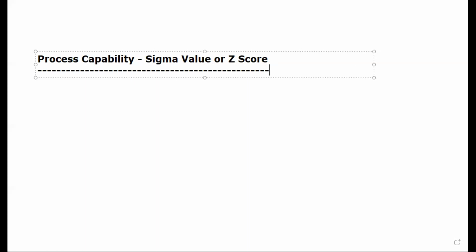Which I told you is a globally accepted statistical table, where from the bottom there were sigma values: 1 sigma, 2 sigma, 3 sigma, 4 sigma, 5 sigma, 6 sigma, where 6 sigma is ideally proclaimed as the highest level of process capability. And you have seen that at process capability 1,